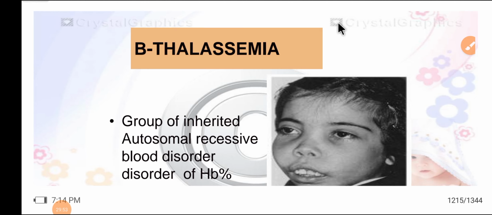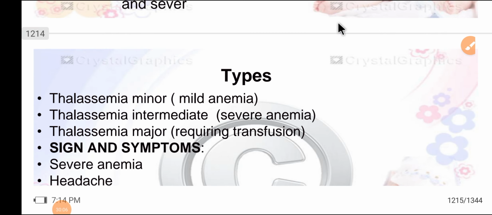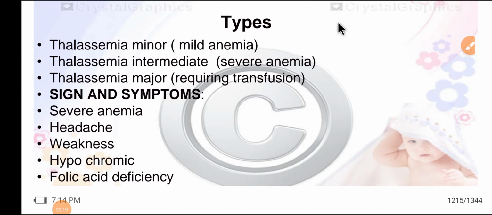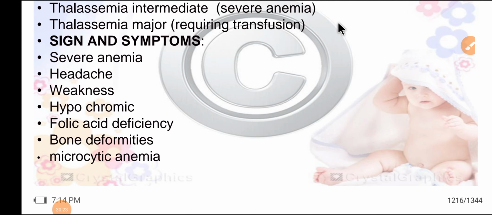B. Thalassemia, a group of inherited autosomal recessive blood disorders of Hb synthesis characterized by anemia, which is mild to severe. Types: thalassemia minor, mild anemia; thalassemia intermedia, severe anemia; thalassemia major, requiring transfusion. Signs and symptoms: severe anemia, headache, weakness, hypochromic, folic acid deficiency, bone deformities,